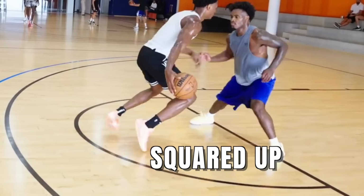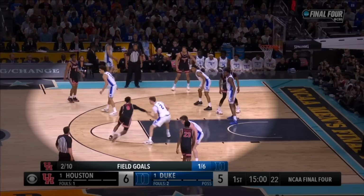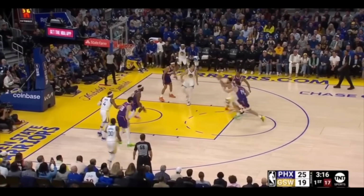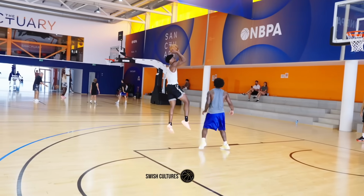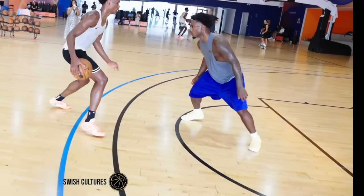Most defenders swivel their hips back and forth, exposing one top foot for another. That might feel quick, but it leaves you vulnerable to blow-bys. Davion, however, doesn't play that game. Instead, watch how he keeps his feet square, active, and constantly adjusting, coming into pressure, then retreating into space, but